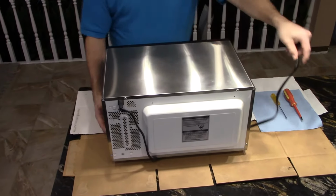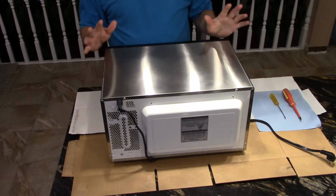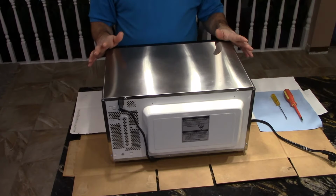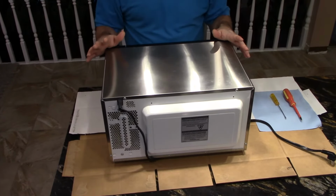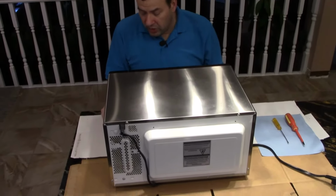It's been unplugged for quite some time. Remember I said that the components inside store electricity, so we don't want any electric shock here. So if you have the user manual, that would be very handy to use to get it taken apart. If you don't,